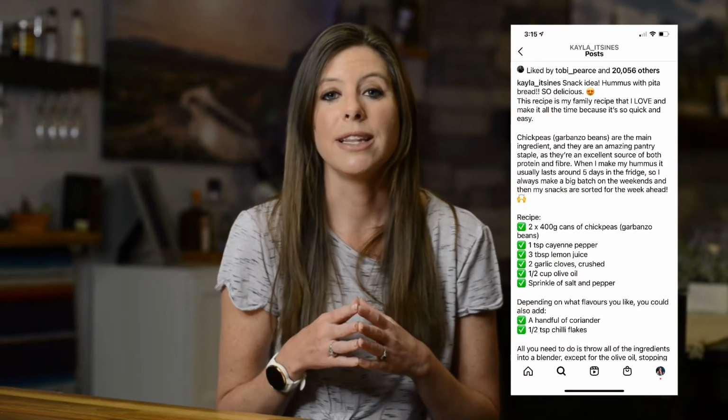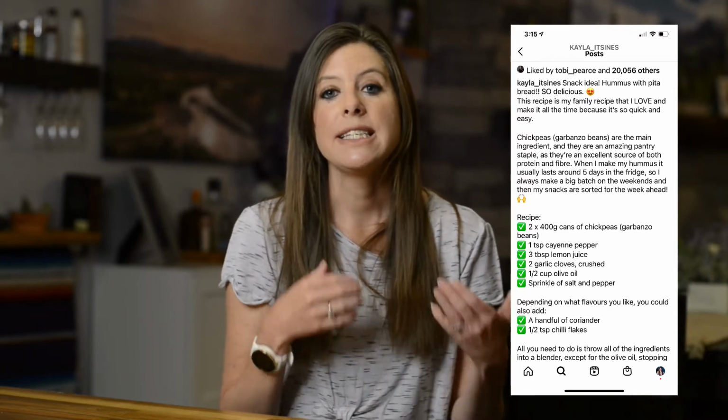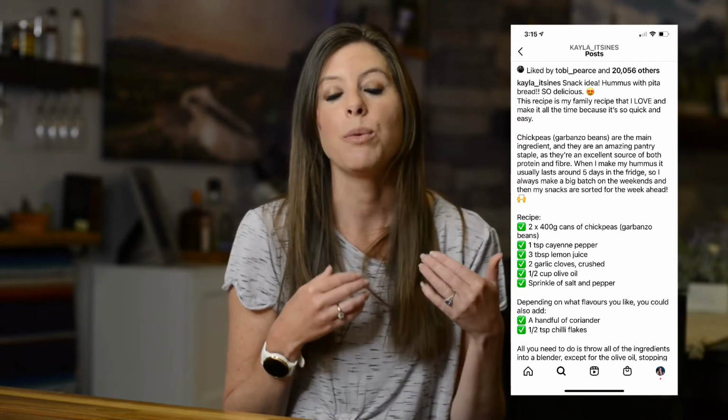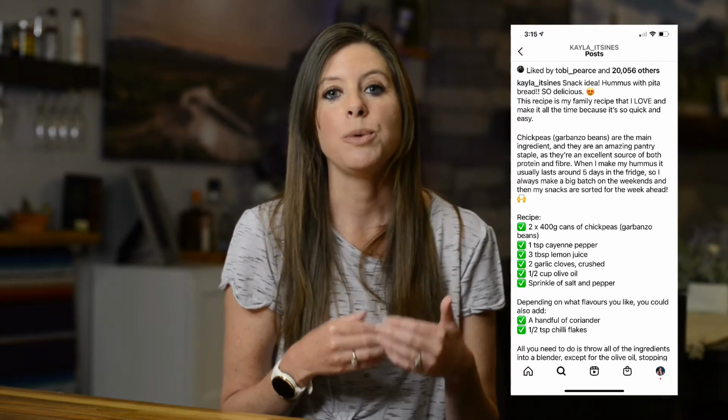I absolutely love this example from a fitness trainer that I follow on Instagram. Her photo was a picture of a homemade hummus that she had made. And then in the caption, she listed out with bullet points the recipe for this homemade hummus. So as you can see, she was teaching me something. She was teaching me how to create my own hummus at home, which I happened to be very interested in. I saved that post. I screenshotted it. It was a really, really good example of teaching something in the content of your post.